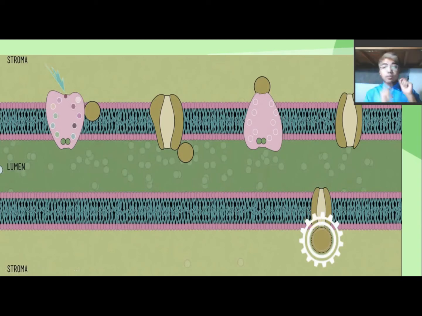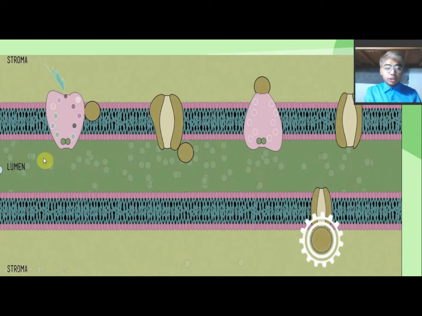Now, what will simply happen? The very first thing that will happen, we are going to focus here. For the first step, the sun will bombard by its photons the reaction center of the photosystem 2. Okay? And the photons will now excite the chlorophyll. The energy will transfer from one chlorophyll to the next until it reaches the reaction center. While that is happening,